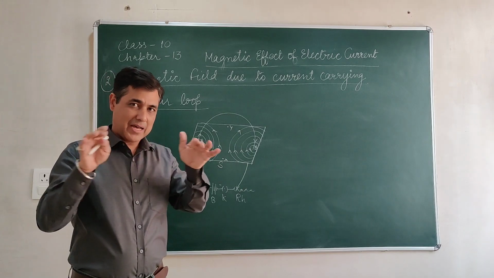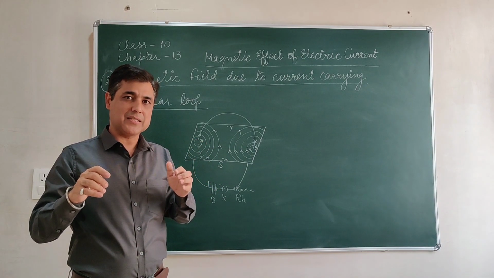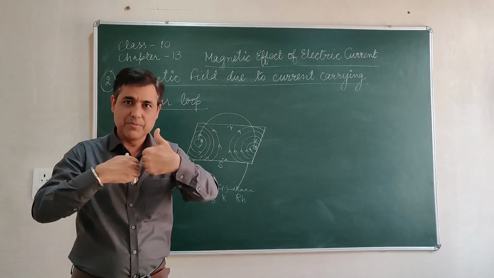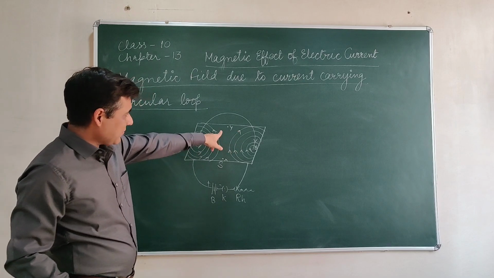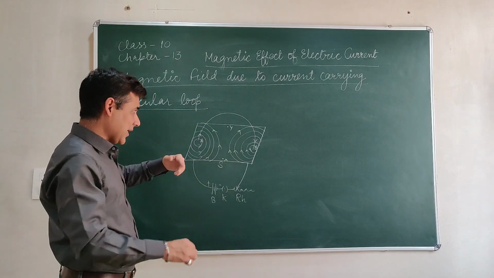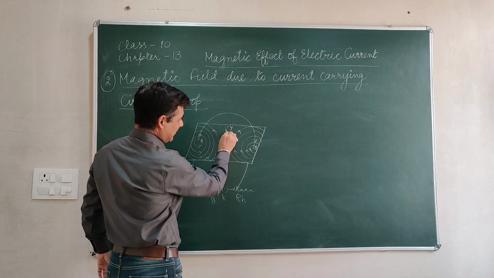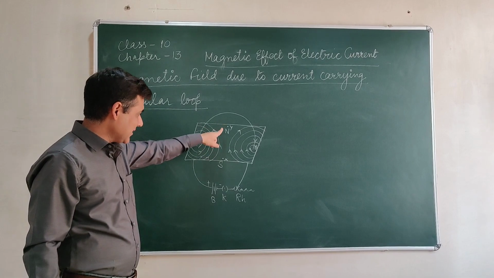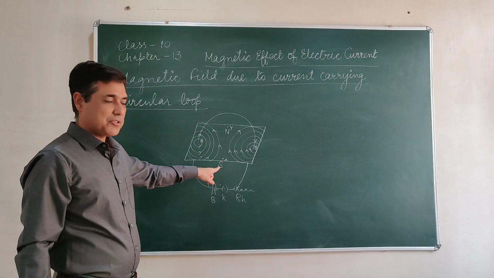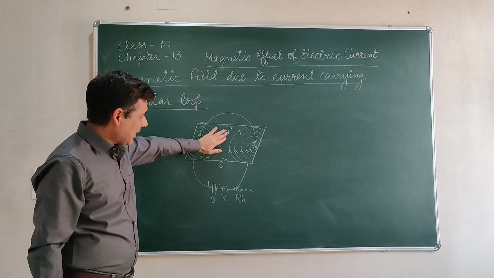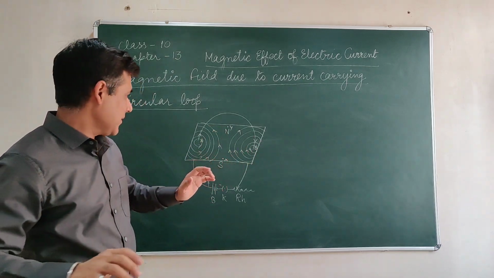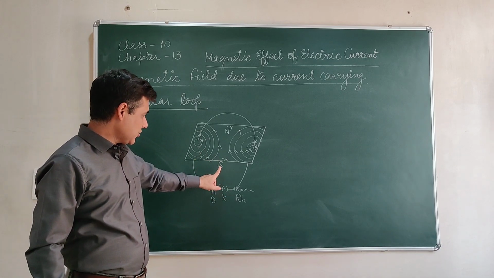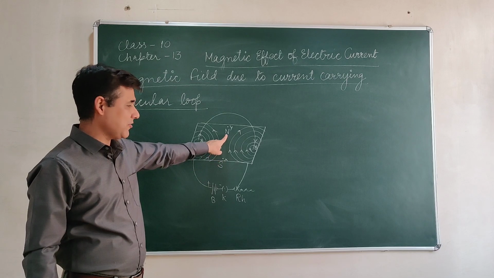If you look at the diagram of a bar magnet where we have drawn the magnetic field lines, you must see that at the north the magnetic field lines are diverging, and at the south the magnetic field lines are merging. So at point Y the magnetic field lines are emerging, going away from each other. This particular point will behave as a north pole. So in a circular loop, when we find out the direction of magnetic field, at the center of it we will be finding out the poles of the magnet. This will behave as a north pole because the magnetic field lines are diverging from each other, and at the south they are merging at one point.